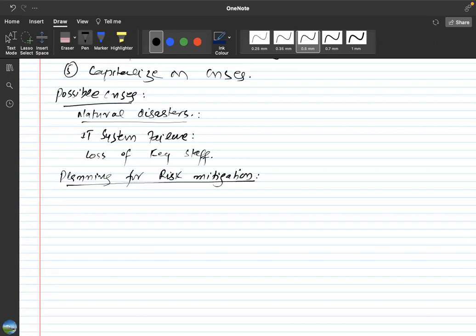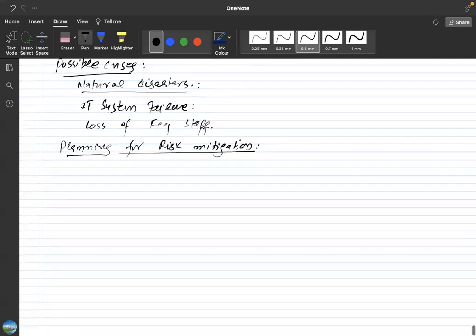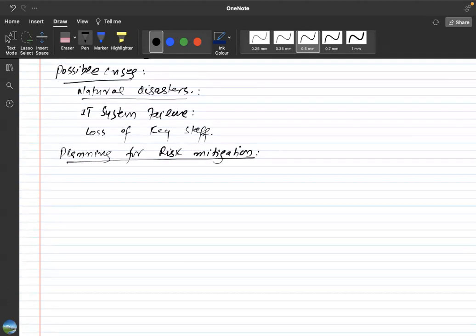The next thing that we are going to study is planning for risk mitigation. When we speak the term mitigation, it means reduction in how bad something can get for us. For example, it's the way of reducing the disaster that can happen to us. How can we reduce the risk for us? There are a number of ways. For example, what we can do,